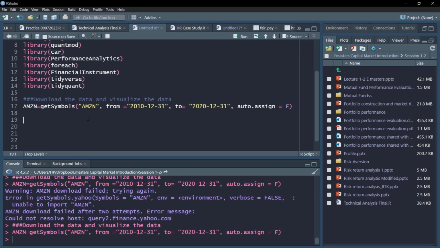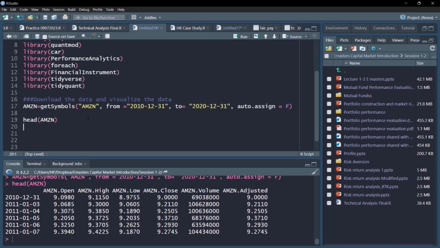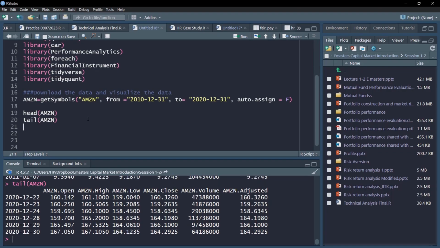In order to test whether the data has been downloaded or not, you can check the head of the data. Yes, so it starts from December 2010, and let's see the tail of the data. You can see it has downloaded the open, high, low, close, volume and adjusted prices. There are chances that some observations are not available.